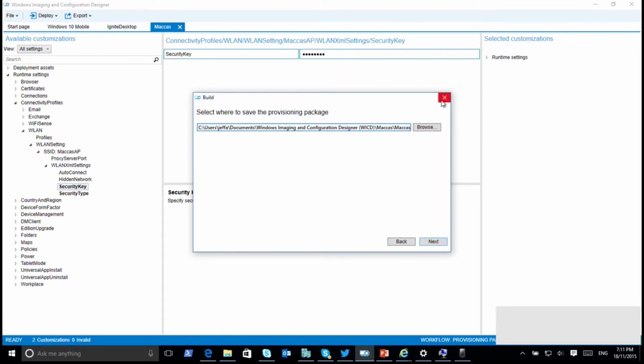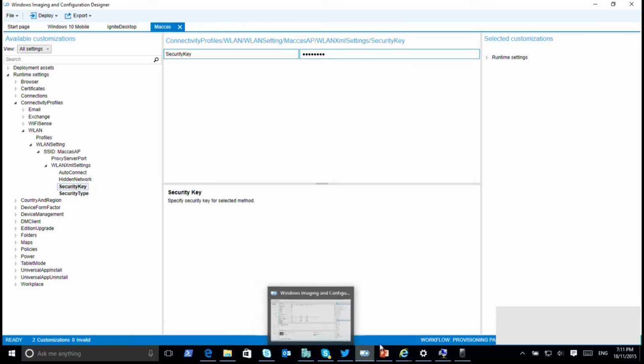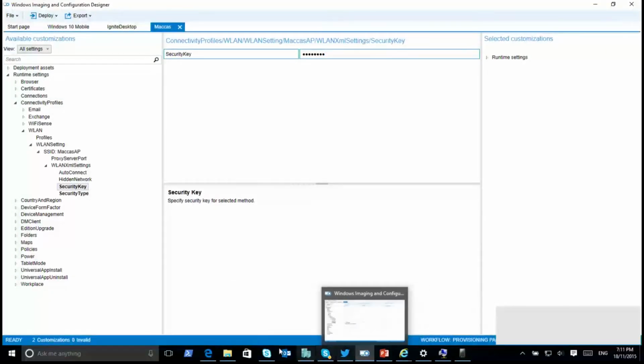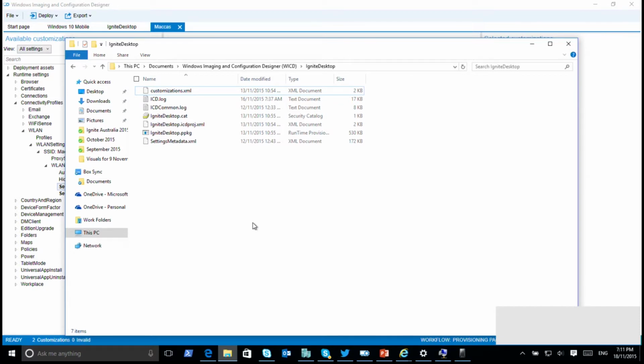And then choose where to save that, and we're off and running. So that basically gets us to a point where we've saved the data out. And then, as we saw before, we end up with a bunch of files that represent the different assets we have available to us. The ppkg file is what we're actually executing at the end of the day to get this done. The output of the settings goes into the various XML files, as well as any other assets that we need in order to apply these settings to the machine. Notice a log file as well, so if you have issues, then we can